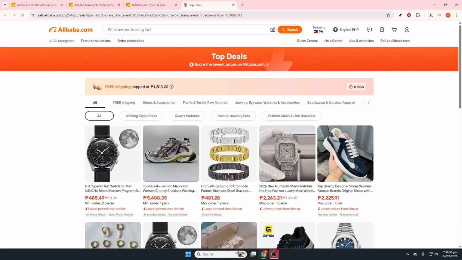Finally, keep all payments on the Alibaba platform, even if a supplier suggests paying off platform to